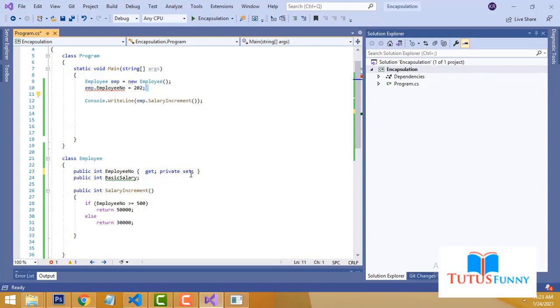Mostly we input the data, and for the get also we have to put private, for the encapsulation purpose, right? Here we only input the data; we can't show the input, only input. The output we can't show. That's why you have to put private here. This is a good example of encapsulation. When you work on this, you have to put the private access, and the get and set methods work. This is a good example, right?